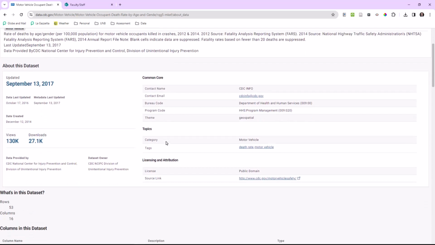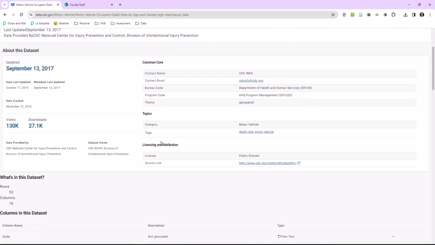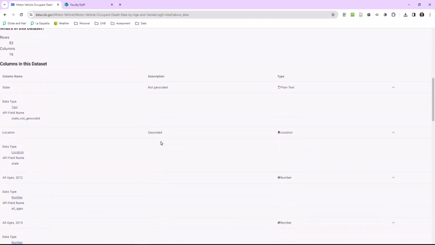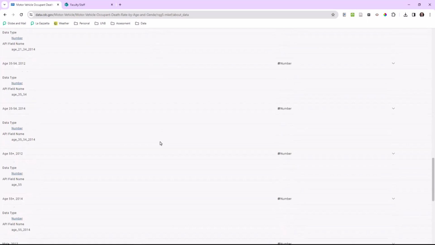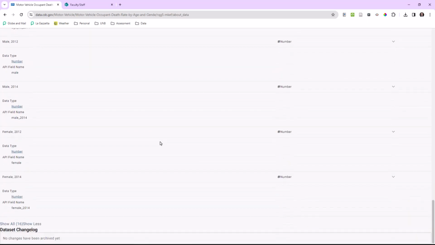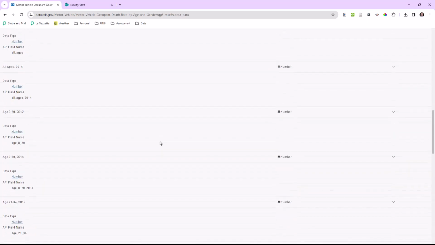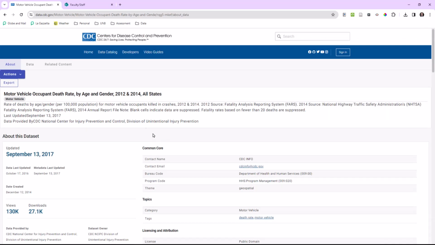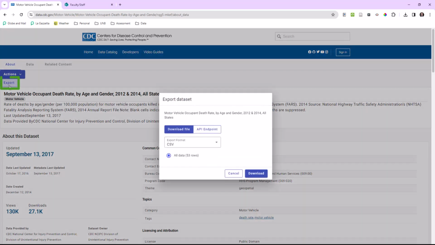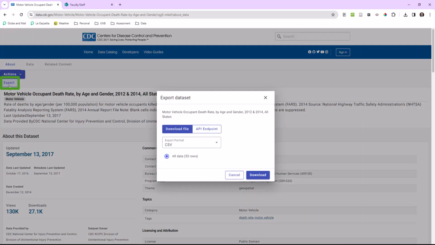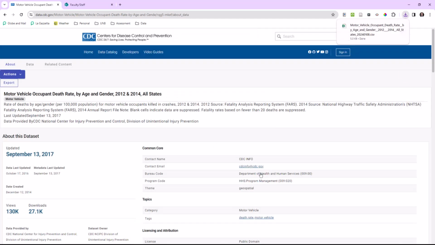If we scroll down, we get even more information about usage and then about what's in the data sets, each of the fields in the data set. That's great. This is perfect. Let's export it. We see the export button here. We'll press on it. It's asking us how we want to receive this information. We could go CSV, but there's also CSV for Excel. And since we're using Excel, why don't we pick that? Press CSV for Excel, press download.